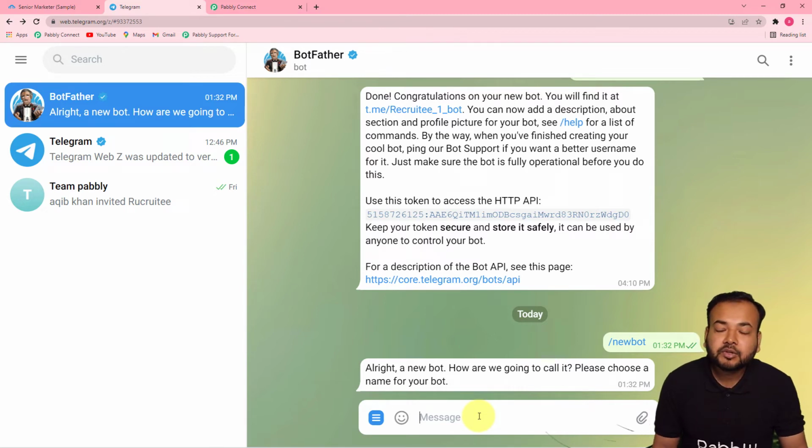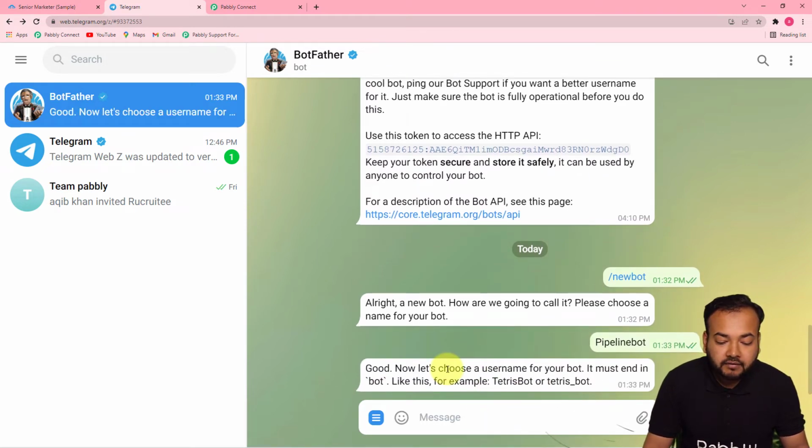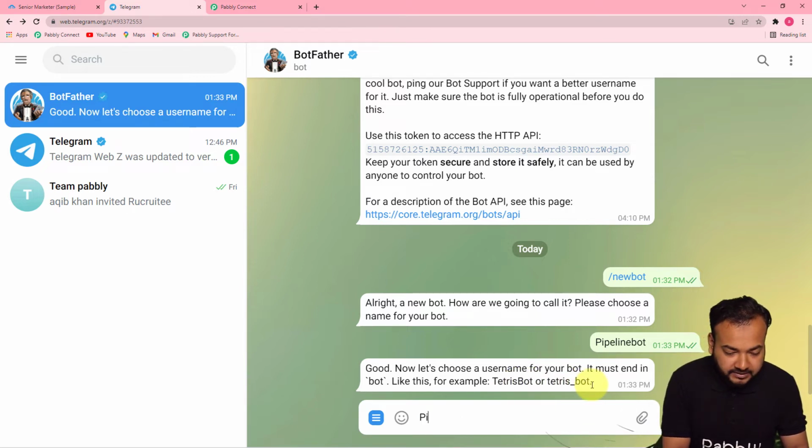So I'm giving the name to this bot. Let's say pipeline bot. I have given the name as pipeline bot. Okay, now you have to give a username to this bot also, and this username should end with bot, like the Tetris bot or Tetris underscore bot. Okay, so I'm giving the username as pipeline